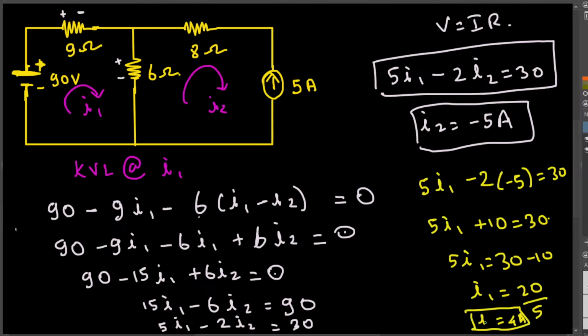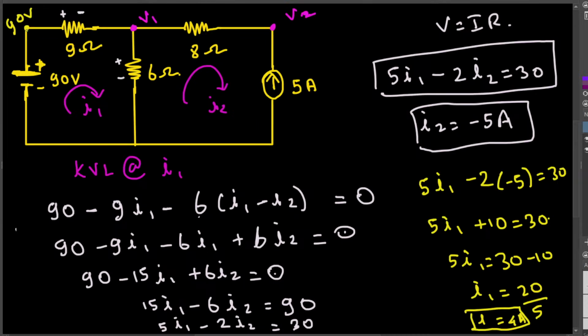Now we have I1 is equal to 4 ampere. And the voltage here, if you have a plus here, the voltage here is also 90 volts. We found the currents, so we can calculate the voltages. Let's call this one V1, and let's call the voltage here V2. So if you want to find V1,